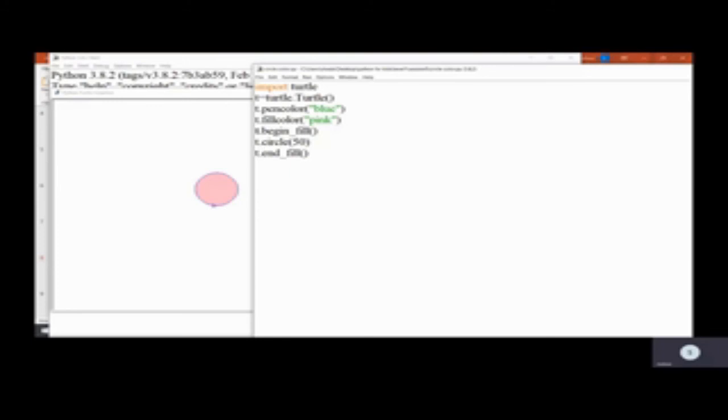So T.begin_fill means you can begin your filling of color. Now you have made it clear that the outer line of the circle is going to be blue and the filling color would be pink. You have said begin the fill, but you should give the main instruction, which is to draw a circle.